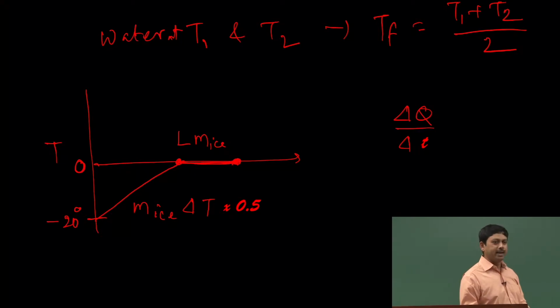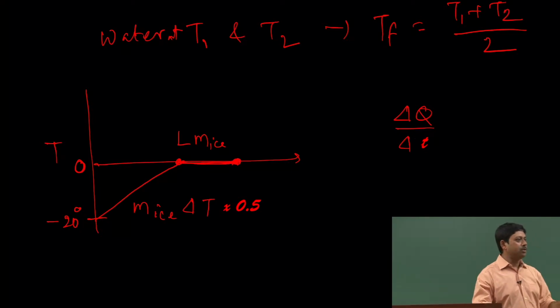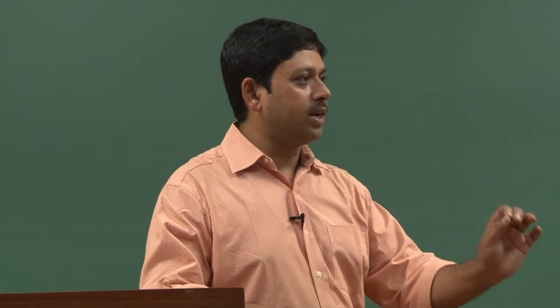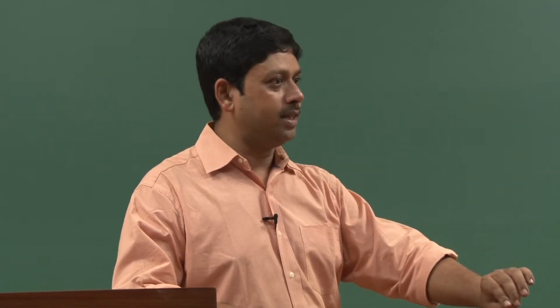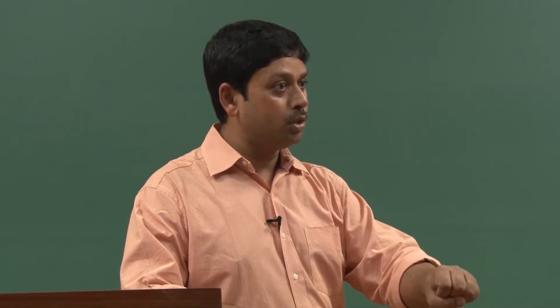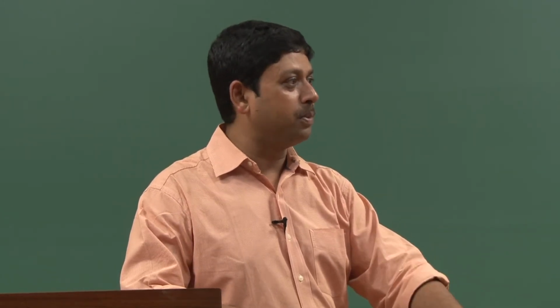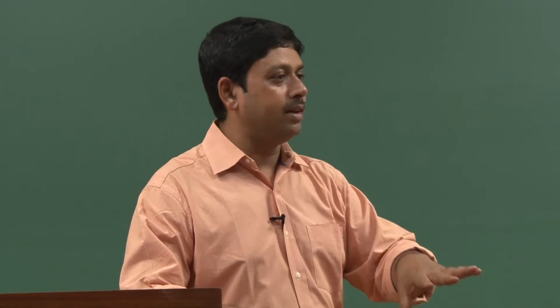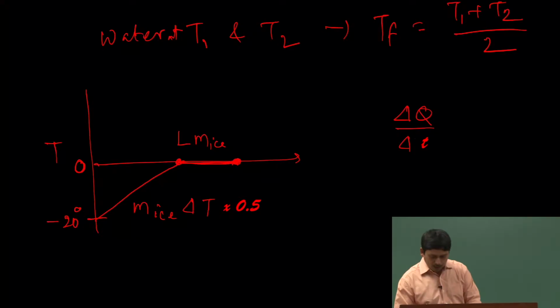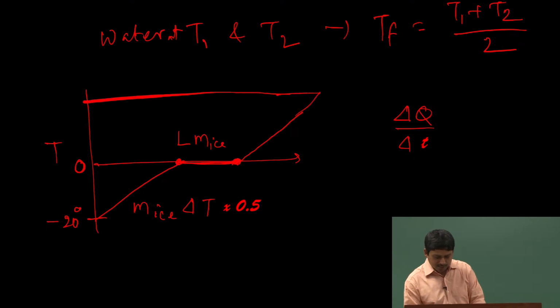80 calories. So, let us say if it is 1 gram, it will be 80 calories that will go into melting 1 gram of ice at 0 degree centigrade to water. That means that much energy is now used to break the hydrogen bonds in the ice, and not all of them, right, partially, because water also has hydrogen bonds. When all of it melts, then the temperature is again going to increase, and then when it reaches 100 degree centigrade,